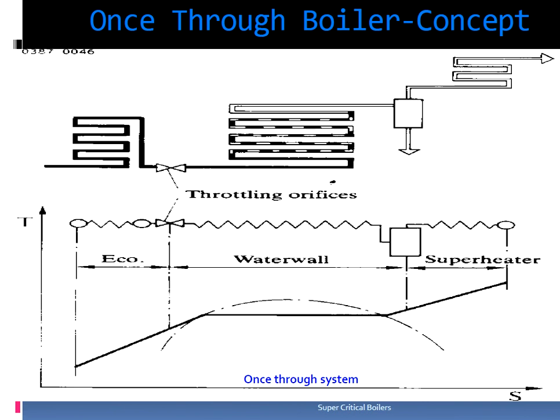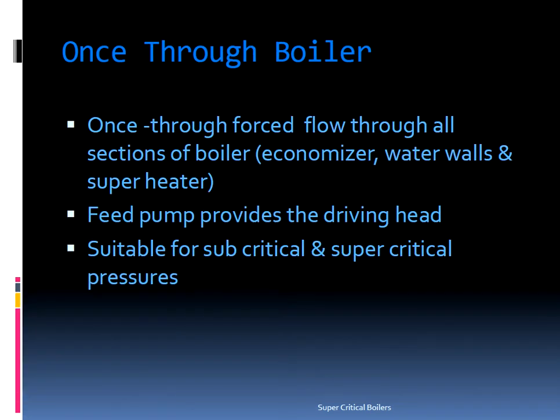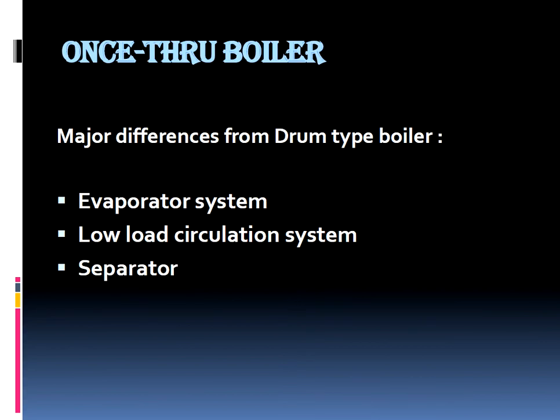This is the once through boiler technology. This is used in the supercritical boilers, where we have the economizer, then we have the heater, and then it goes to the superheater. In once through boiler, through forced flow, that is using pumps, the water is pumped through the economizer where it is heated, and then we have the water walls and then superheater. Pumps provide the driving head. This is suitable for subcritical as well as supercritical pressures. In once through